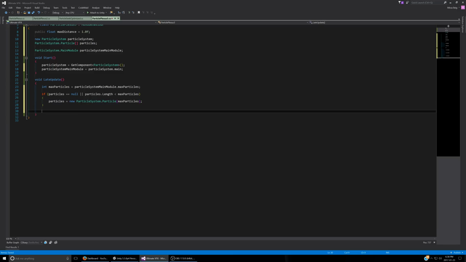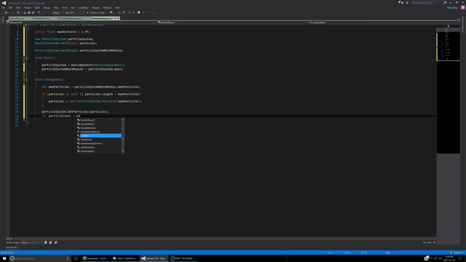So now what we need to do is get all the particles in the system and then throw it in this array right here. So we can do that by doing particle system get particles, and I'll get as many particles as are in the system up to whatever the size the array is. So in this case, because the array size is greater than the number of particles we can get, it shouldn't be a problem filling it all up. Then we create an int particle count equals particle system